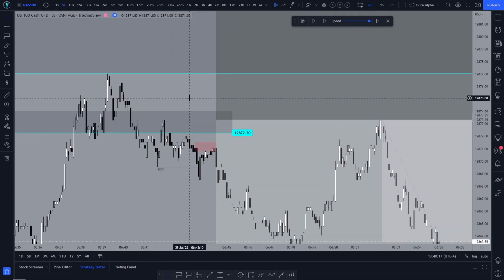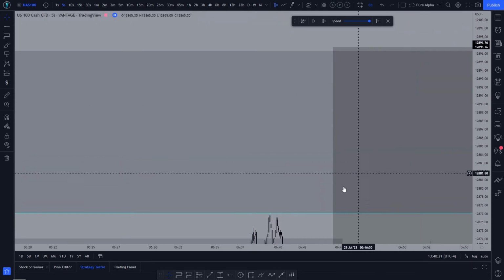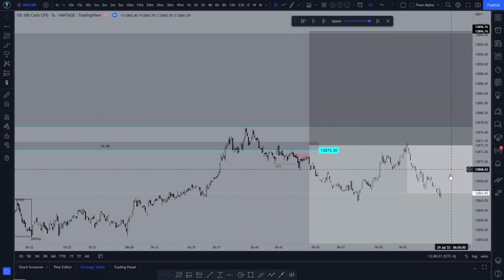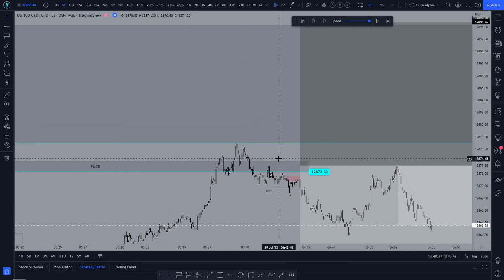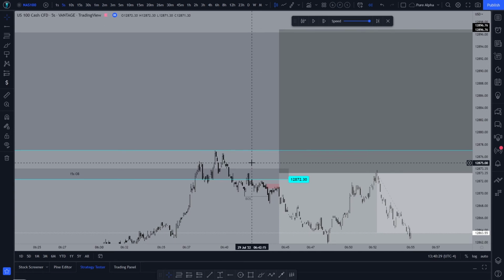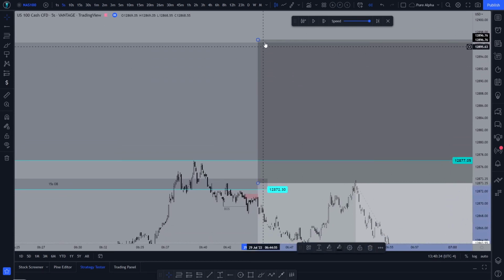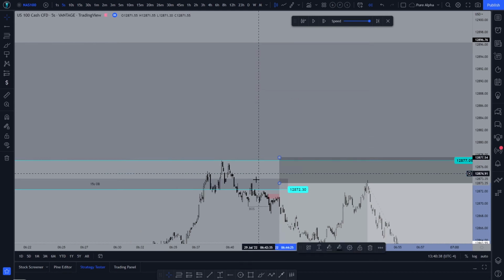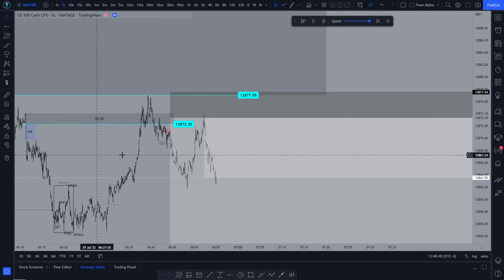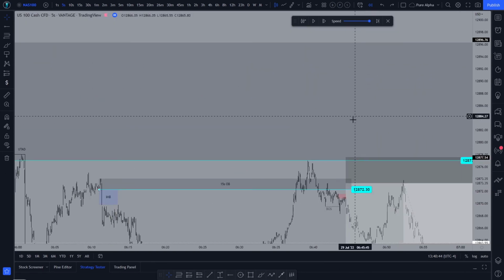Yeah, so now let's talk about the stop loss placement and why the stop loss was so high. I wasn't at home. Well, I was at home, but I wasn't on my computer when I actually took this entry. So this was all based on my phone. Naturally the stop loss would be a lot better, and you'd be able to get a better risk to reward out of it. So it'd go from a 1 to 5 to a 1 to 30. Nice.